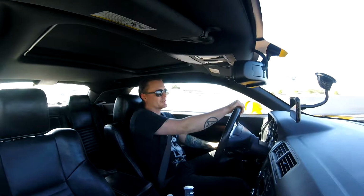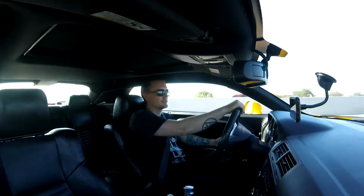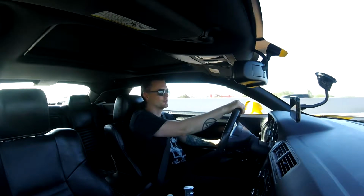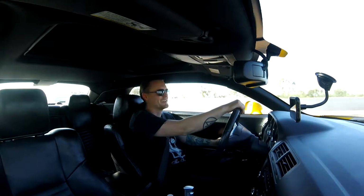I was thinking about getting the GTO because I just like the whole powertrain. You know, it has a 6-speed manual, it has an LS2. They're pretty reliable. The parts are super cheap, which is something I wish I would have known a little bit more about before I got a Challenger. But